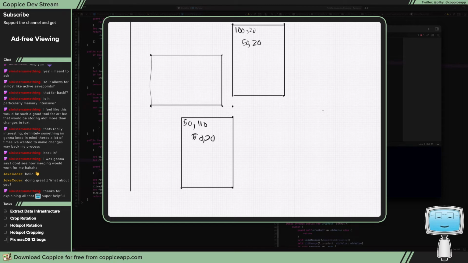And then transform dot scaled by, rotation by, double dot pi divided by 2. Then if we apply the rotation,